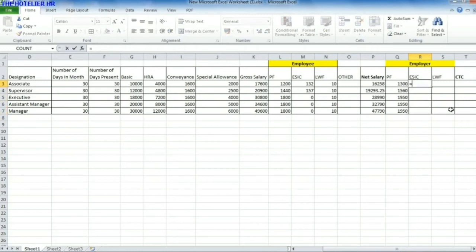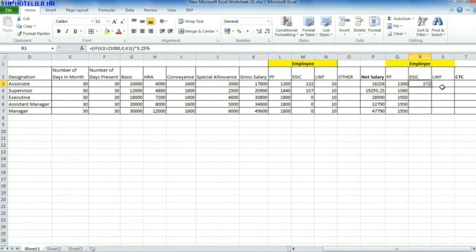Now the same way we will do it for ESIC. So we'll use the same formula, equal to, we will put first a bracket, and then IF, again a bracket, your gross salary is more than 21,000 rupees, comma 0, comma gross, and then we will close both the brackets, and then we'll take out 3.25%.